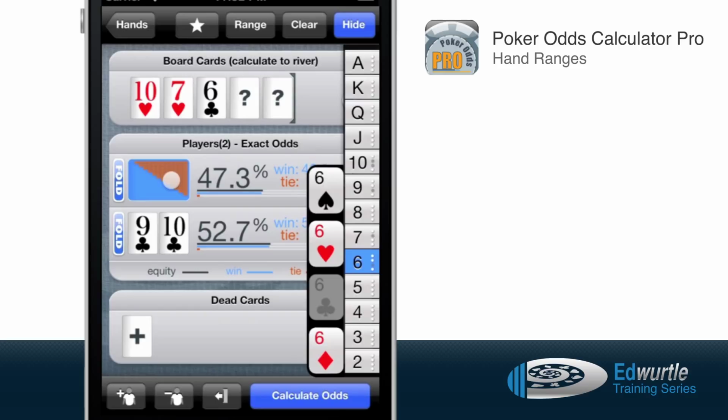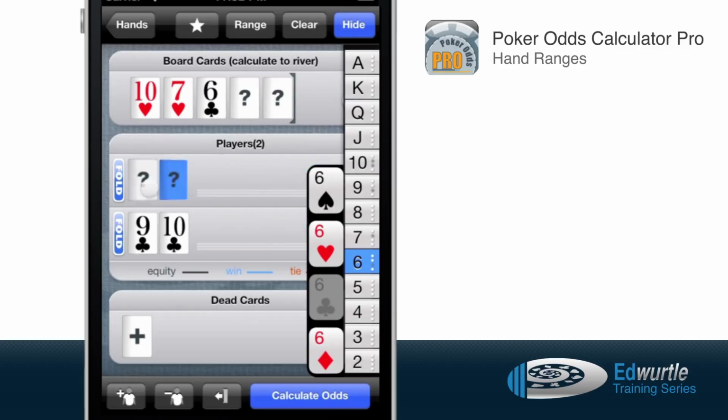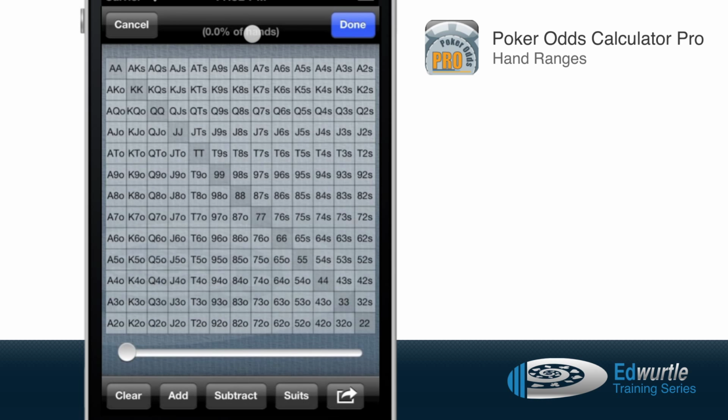Let's do the same thing, but let's clear this out. For an exercise, let's do the same thing with the hand range. Let's put this player on any 2 hearts. So how do you do that? Well, you go into suit mode